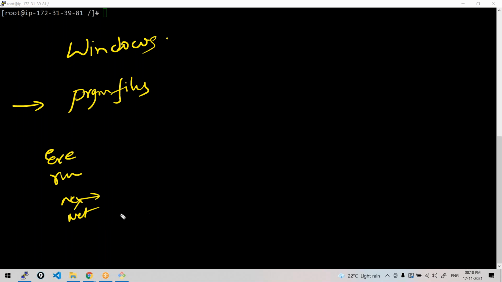It's very simple, right? In Windows. In Linux, to install a package, please keep muted, everyone. In Linux, you will be installing a package, but this complete package will not be there in a single directory like program files.